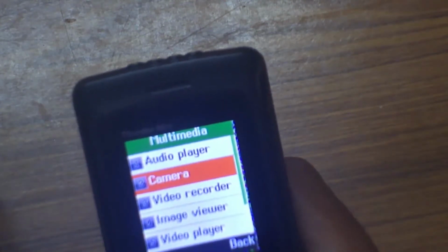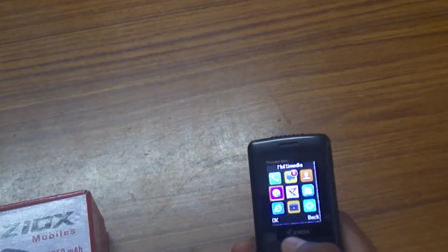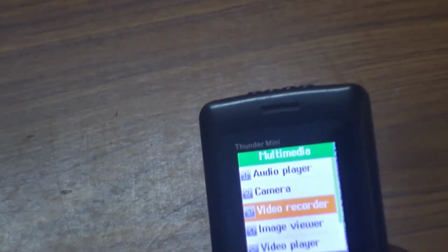And this is the camera. So let me show you how the camera looks. Now you can see the quality of the camera. It's not so bad, but it's bad. So let's move down, and here, so that's the camera, and this is the video recorder,